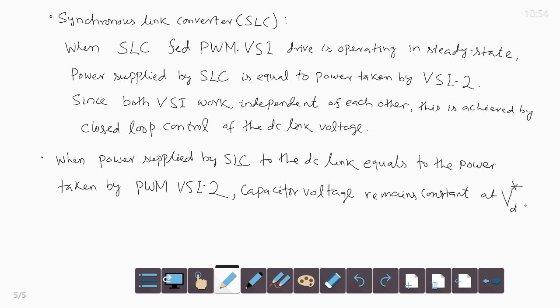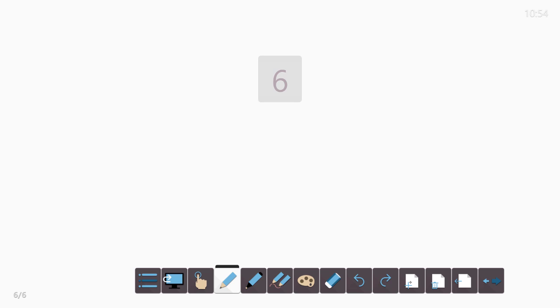So, at steady state condition, the power supplied by SLC to the DC link is equal to power taken by the VSI 2. So, the capacitor voltage remains constant at the reference value VD star. So, in this situation, if load on the motor is increased,